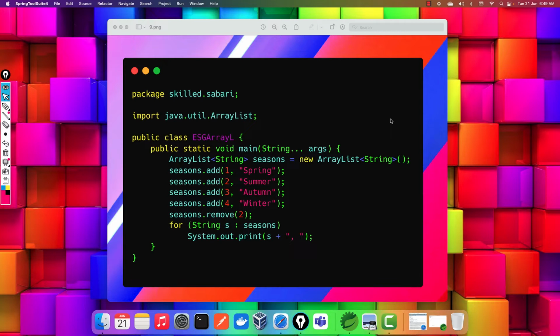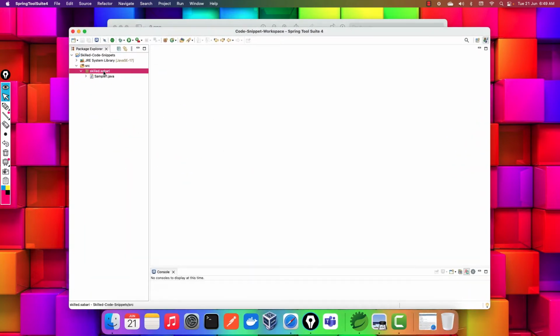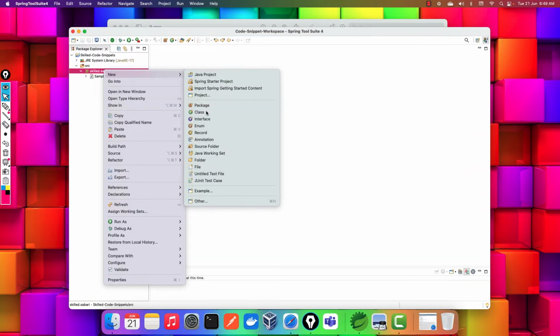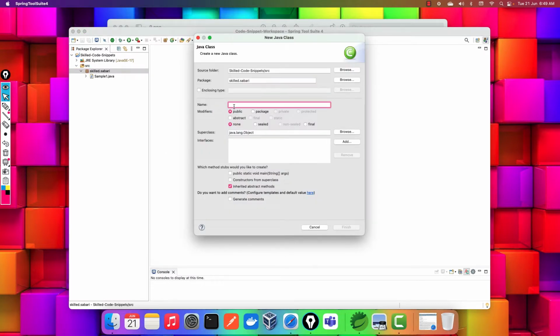But logically, there are many things that we need to understand from the functionality of the ArrayList. So let's go straight into the IDE and understand this code snippet line by line, and we gain more expanded knowledge on the areas of ArrayList functionalities as well. So let's step into the IDE, and I'm going to create a specific class called ESG, which is the same name that we have in the code snippet. Let's start with the main method,